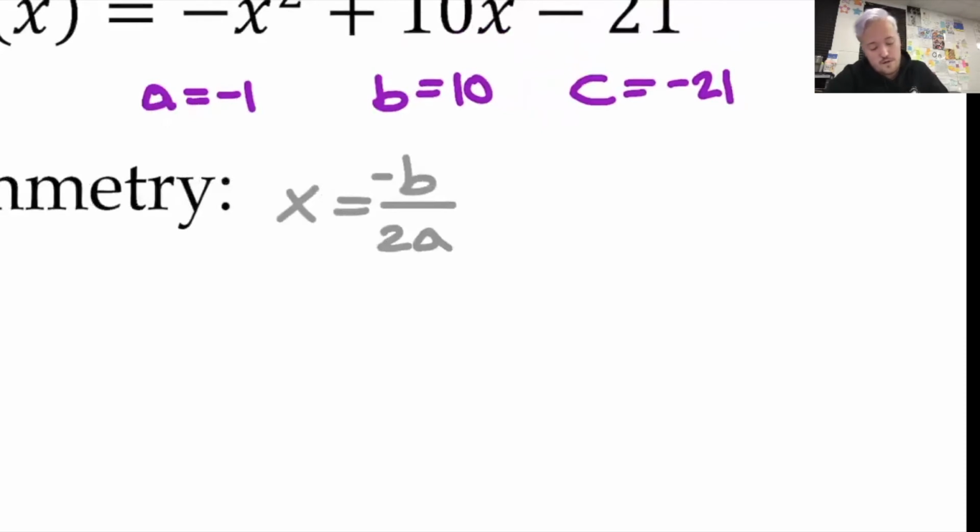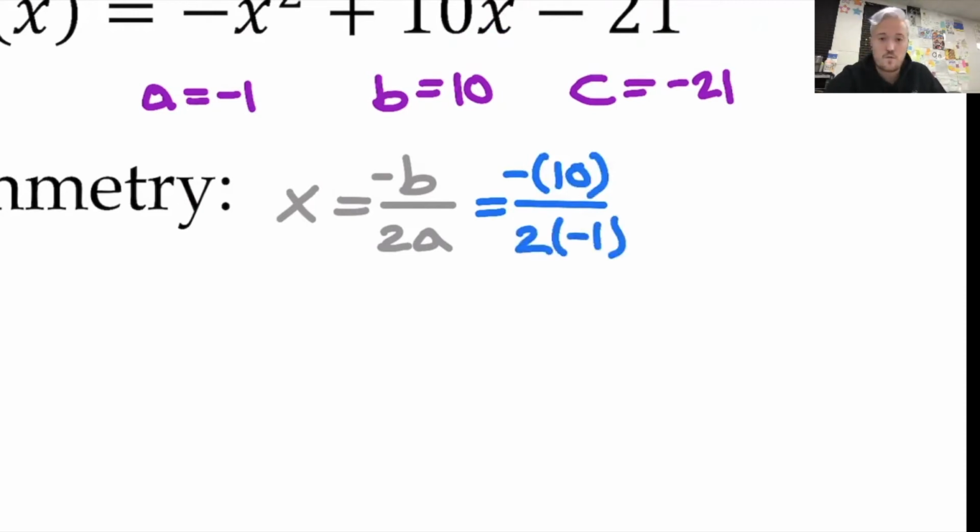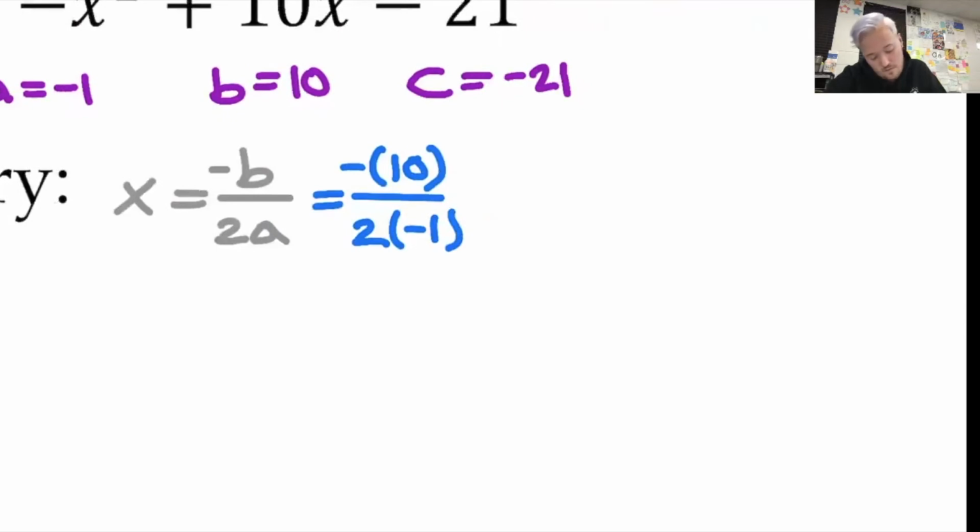All right, so what I'm going to do is go back up to my ABC values, and I'm going to fill in those gaps. So I want the opposite of b. I want the opposite of my b value, and then I want to do 2 times my A value. Now I want to simplify. So that means I'm going to have -10 over -2, which simplifies to